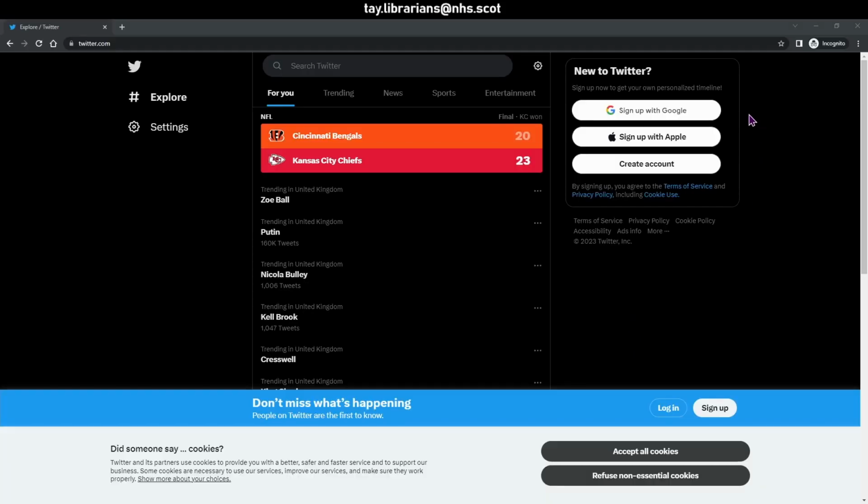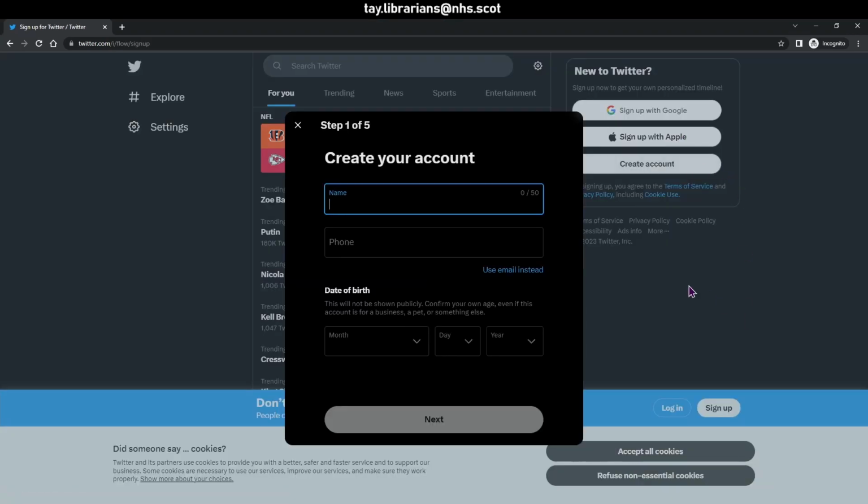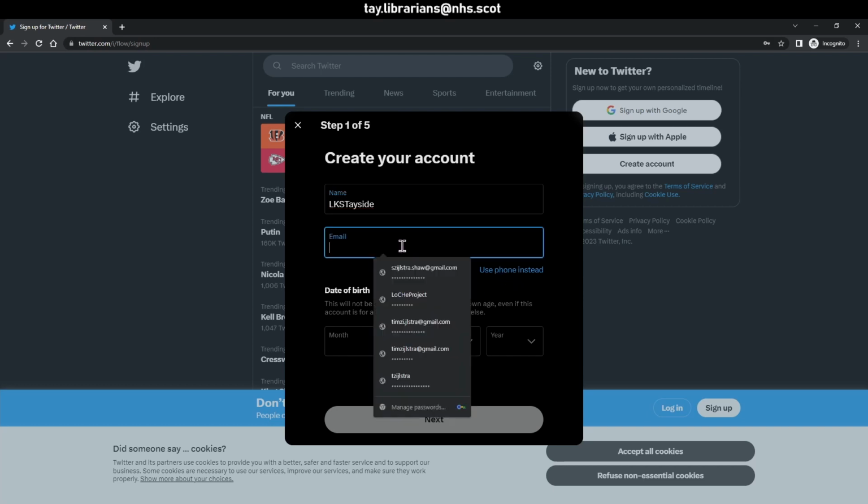So basically, we need to talk about what the benefits are of Twitter. And that's that it's a very low entry point to networking. So basically what I'm saying is it's really easy to get started. It doesn't take a lot. You can do it on your phone, you can do it on the desktop. It doesn't really matter, but you can set up an account in no time. And once you've set up that account, you can actually connect to people very quickly as well.